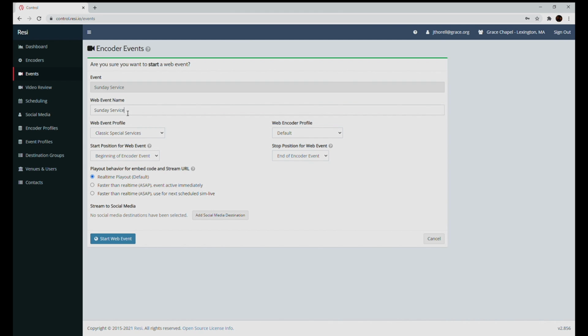From here we select what we want to call this. We'll just, for the purpose of this video, call it test event. And then we select the profile. So again, you saw in the previous video, we have multiple different profiles here. So we'll put this under our Special Services tab as we're not currently using it. And then we have a default profile for the web encoder. From here we can select channels 1 and 2, 3 and 4, 5, 6, 7, and 8, as well as